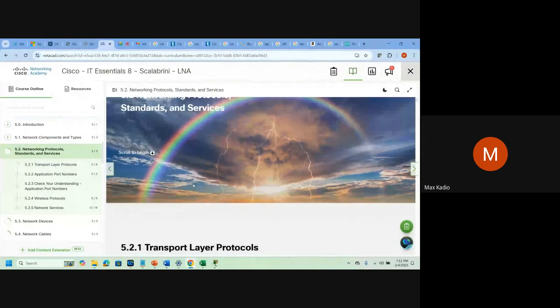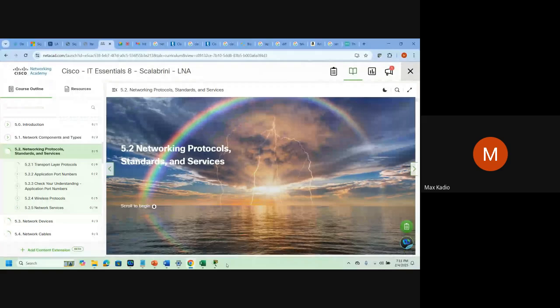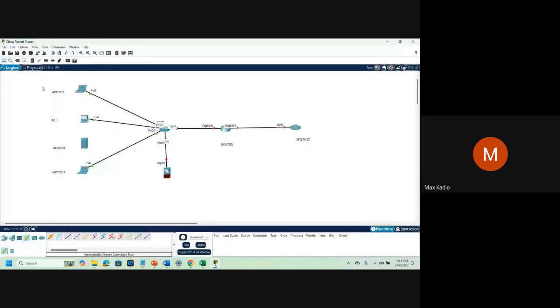So how are these devices going to communicate, based on what? We need what we call some rules, or standards, no, protocols, yeah, protocols.